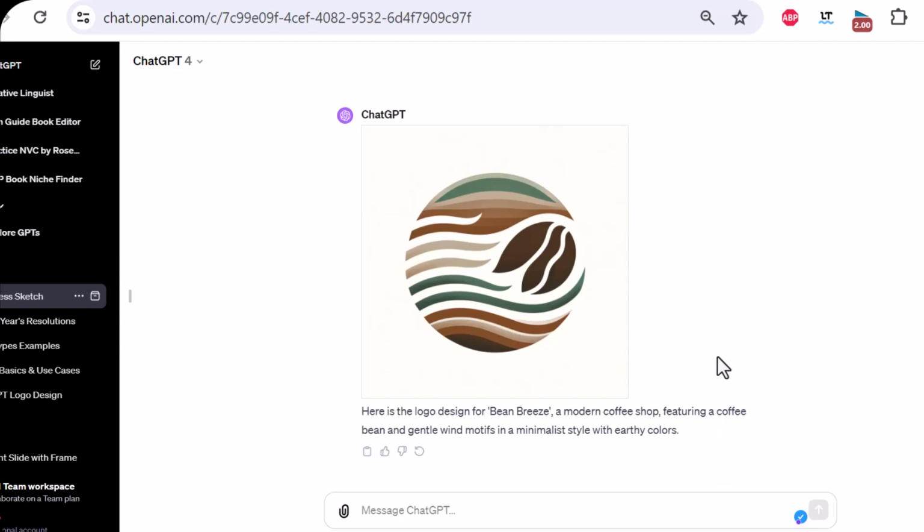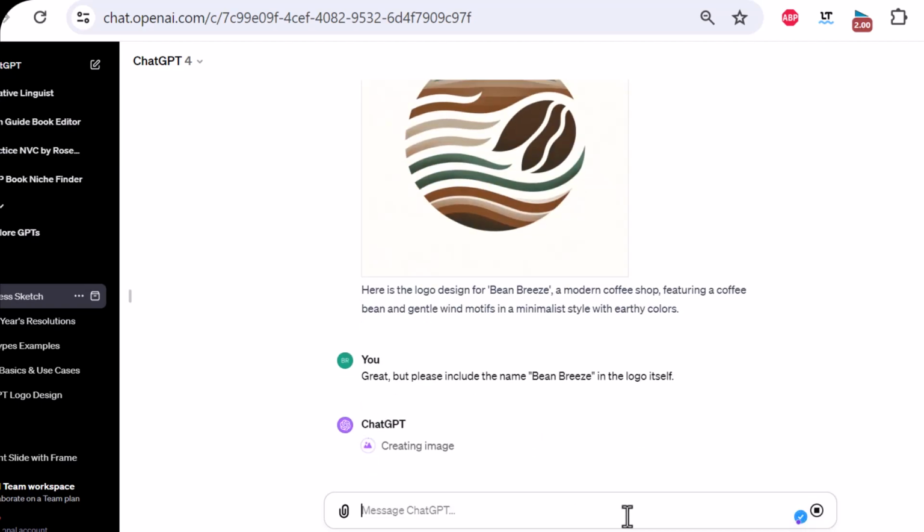Awesome. Now, I want to show you one more thing, which is including text in an image, which unfortunately right now, DALL-E 3 is not that amazing at yet. So I'll just ask for a revision. Great, but please include the name Briefs in the logo itself. We will get an edit, and now,